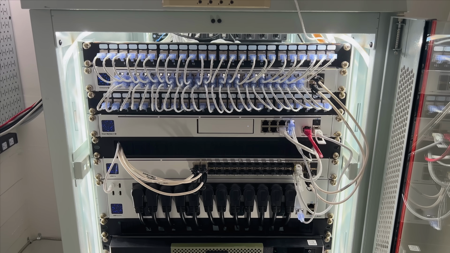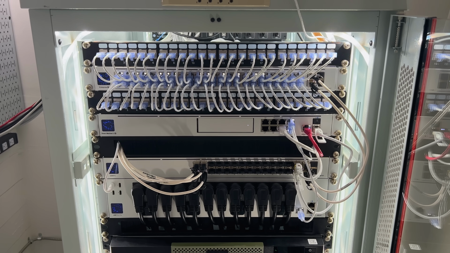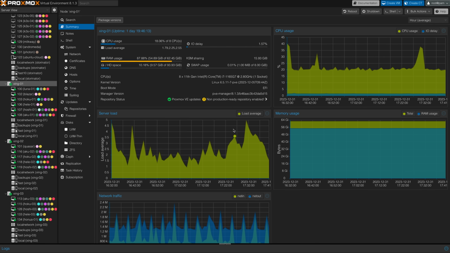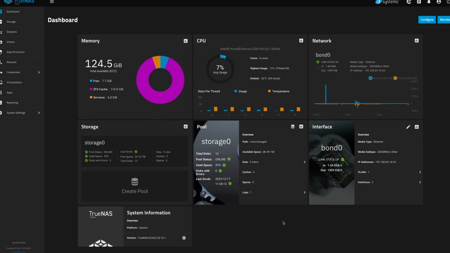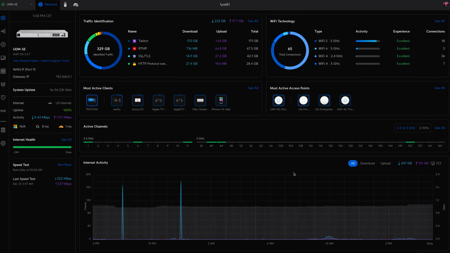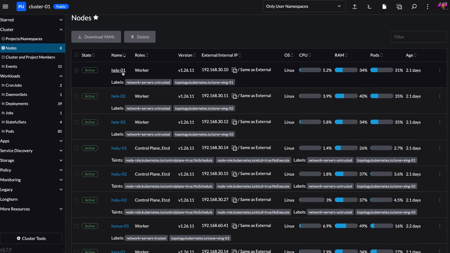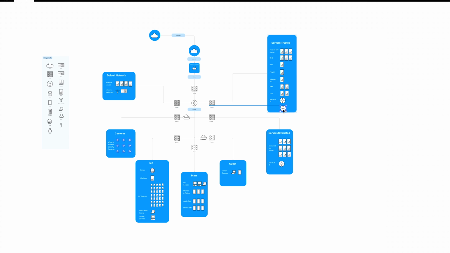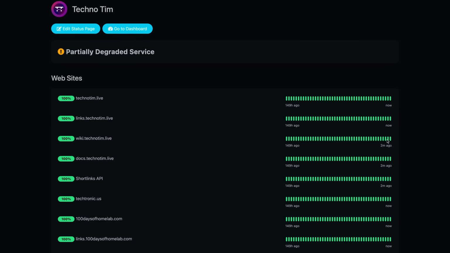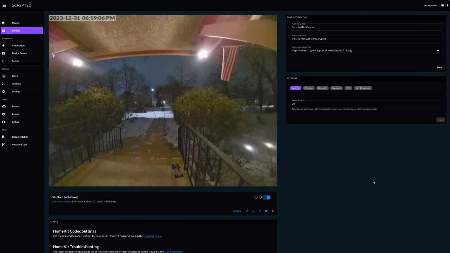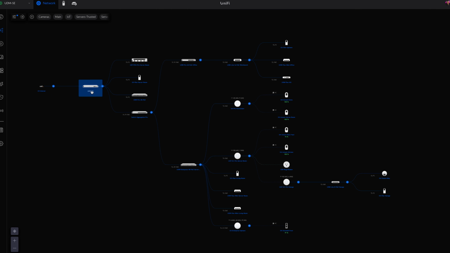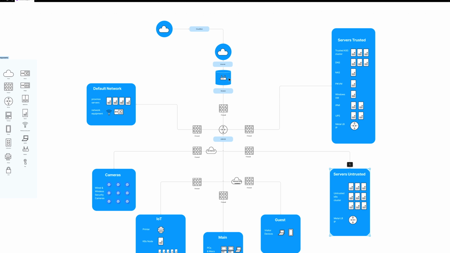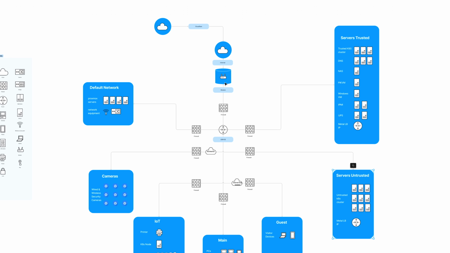After giving you a tour of the hardware in my home lab, many of you ask, what are you running in your home lab? Well, it ranges from dashboards, to hypervisors, to a NAS, to DNS, to network management, to Docker and Kubernetes, to GitOps, to CI and CD, to multiple reverse proxies, monitoring and data visualization, home automation, and much, much more. And this time I've decided to include network diagrams as well as logical diagrams for where everything lives to help you understand how this all comes together.